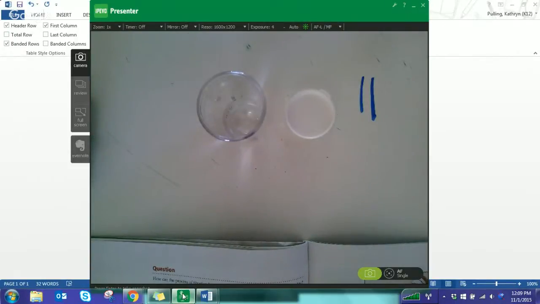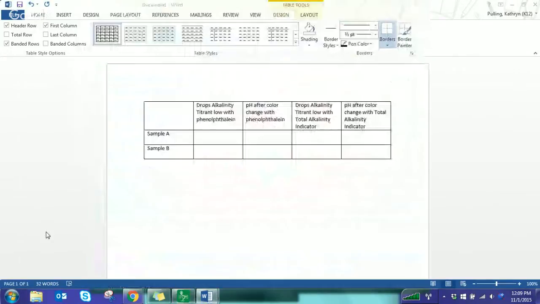So my P alkalinity, or the number of drops to get the color change with the phenolphthalein, I'm going to record as 2. All right. Now, what this means is that the pH of my sample should be at 8.3. Because that's when the color change occurs